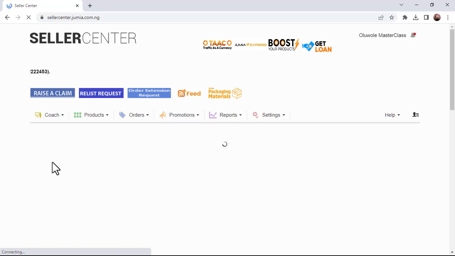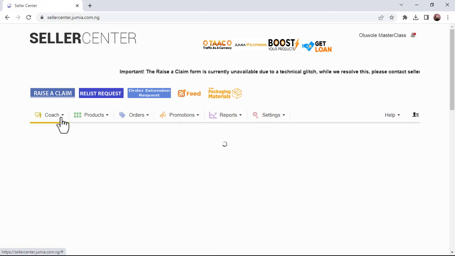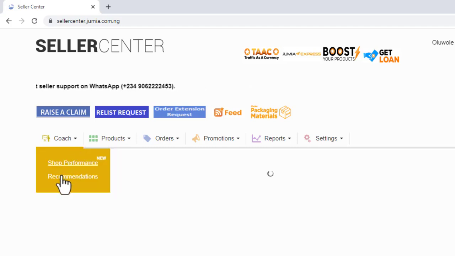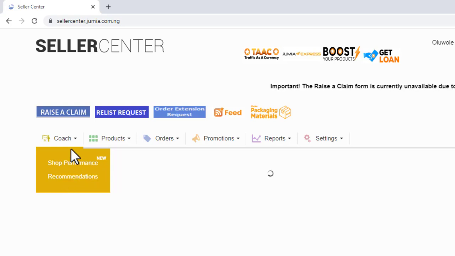But before you put in any product, I just want you to familiarize yourself with the dashboard so that nothing will come as a surprise to you. The first thing here is the coach. From this place, you can watch videos. If you click the drop down, this small arrow, you will see some of these links: shop performance, so that you can see how your shop is performing, and then some recommended videos that you can watch in order to set up your store and